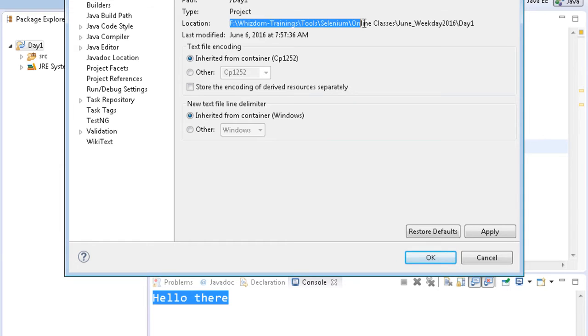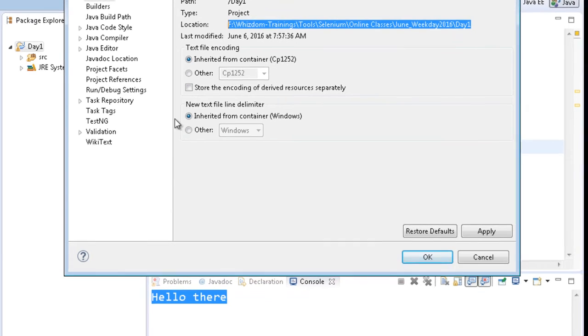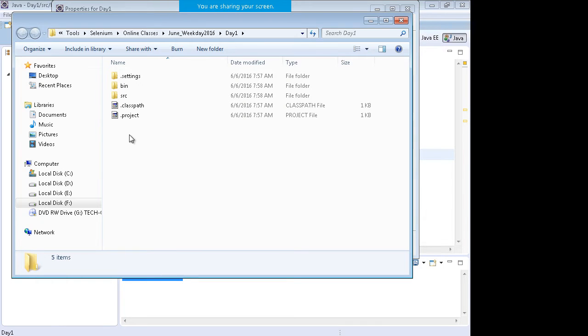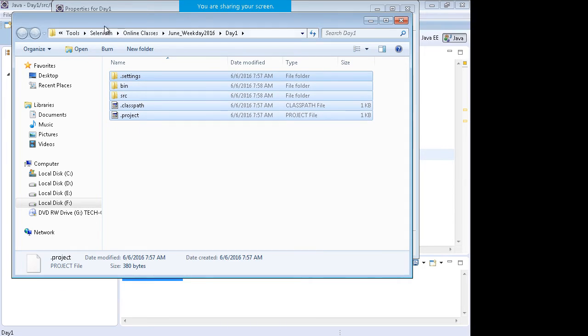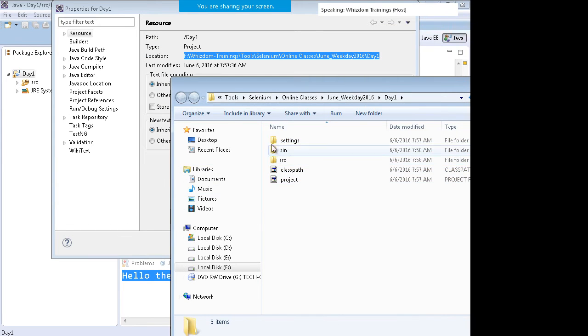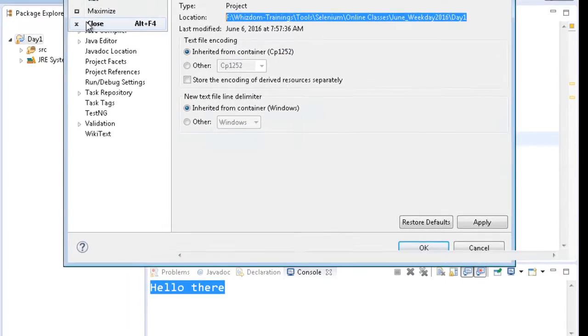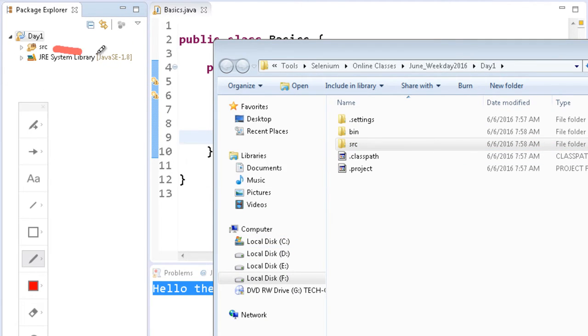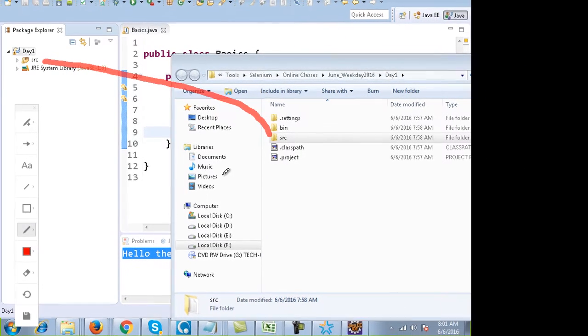This is the path where the project is lying on your hard drive under the workspace. If I go to this path, then you have all these folders and files over here, out of which only the source folder is visible to me in Eclipse.